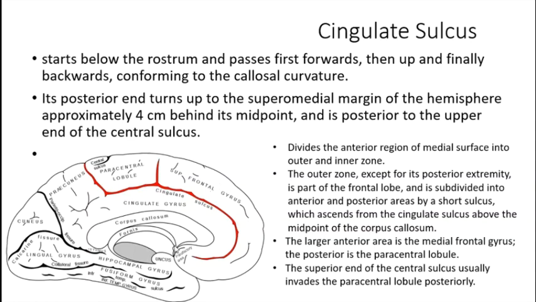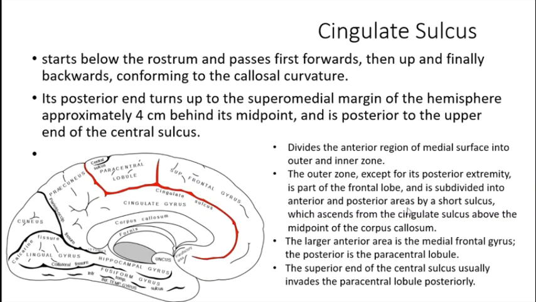Now, this very prominent forward running sulcus divides this anterior region of the medial hemisphere into an outer and an inner zone. The outer zone, except for its posterior extremity, ये आप देख रहे हैं बिल्कुल posterior extremity, is a part of the frontal lobe. जहाँ मैंने आपको superior frontal gyrus के बारे में बताया था, it is just its medial side. So the outer zone, except for its posterior extremity, is a part of the frontal lobe and is subdivided into